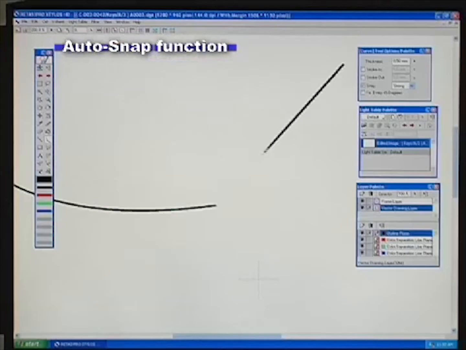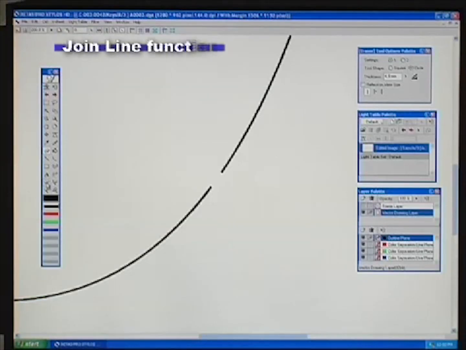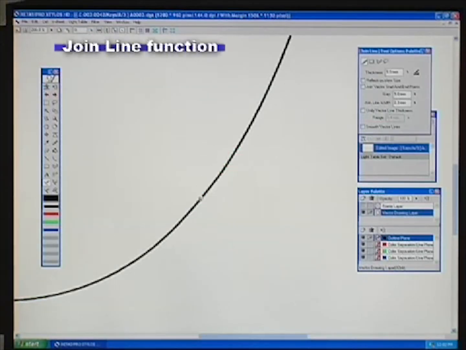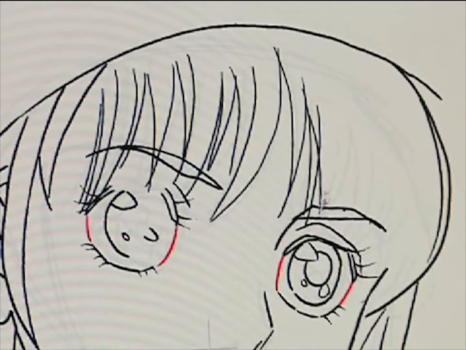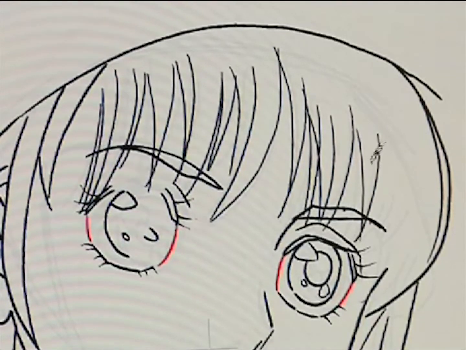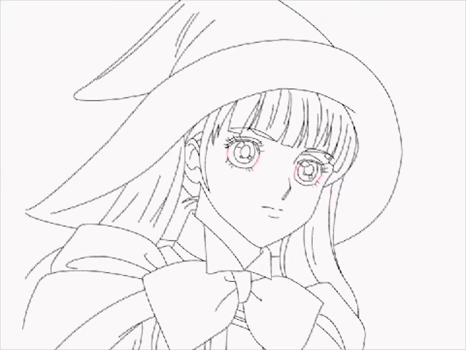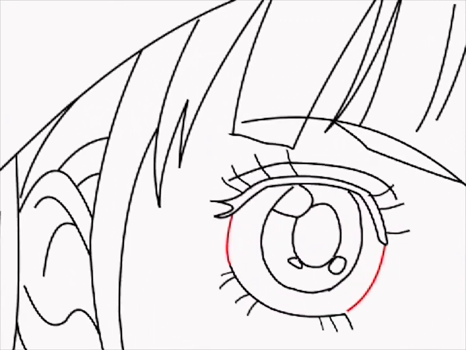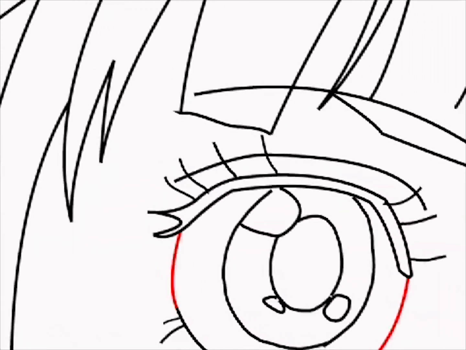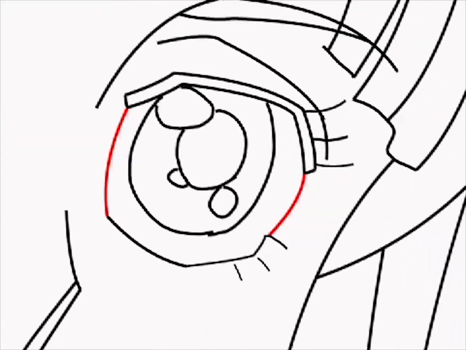Auto Snap allows you to avoid jagged joints when connecting adjacent lines in a patch drawing. And the Join Line function closes gaps by dragging an interrupted line. Stylus HD lets you draw as raster data or vector data. A resolution-independent vector data image allows you to enlarge without affecting the image quality, and you can process the lines